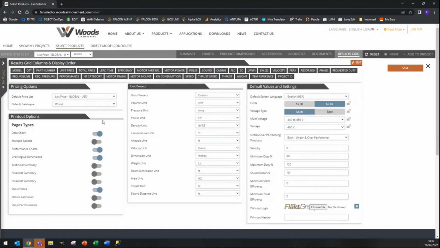Again, I can choose here which printout pages I want. Do I want to show certain things on the printouts? And on the right-hand side here, I can choose certain characteristics in terms of some of the options. So you can see here, I'm currently defaulting to English USA, 60 Hertz, obviously, for the electrical details. I could also specify in here some different criteria. I could change my sound distance, for example, which will change the calculation of the sound figures based on the inlet and outlet